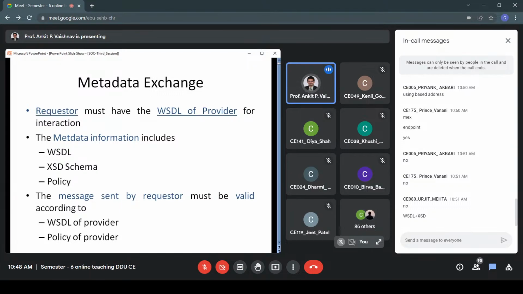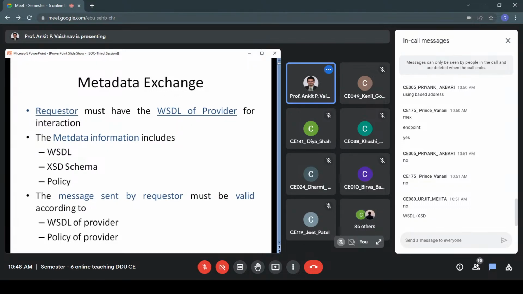Next is policies, right? Just before the sessional, we have gone through policies. Policies are used to define the rules that every organization implements. So if you want to connect to, let us say, some company like Railco or TLS, first you have to look into the policy document, right? And then you can think whether I'm applicable to these policies or not. Okay. So metadata is three things: WSDL, XSDs, and policy.